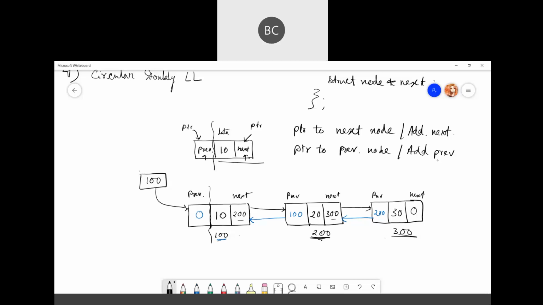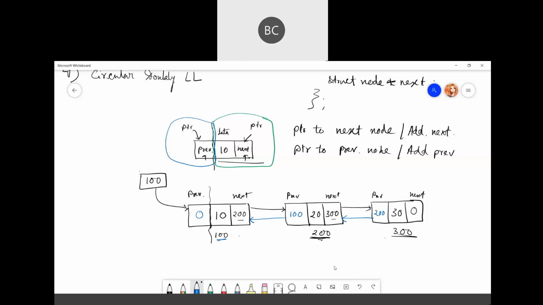The next part is just the same, like your normal node, only this is the extra portion to hold the previous node. So that means in case of a doubly linked list, we can perform both forward and reverse lookup.